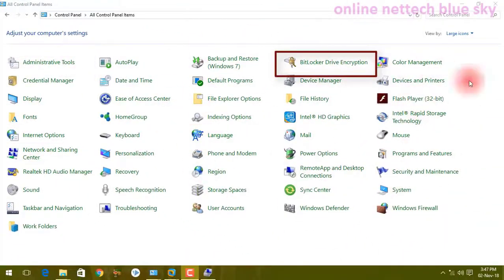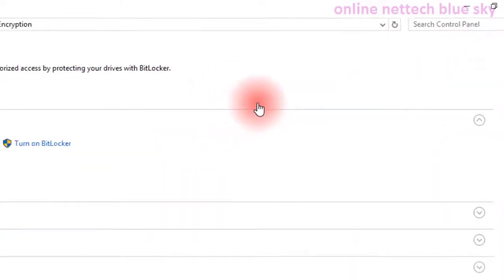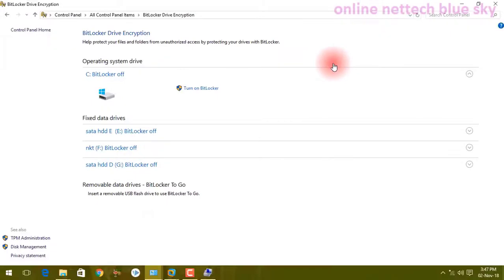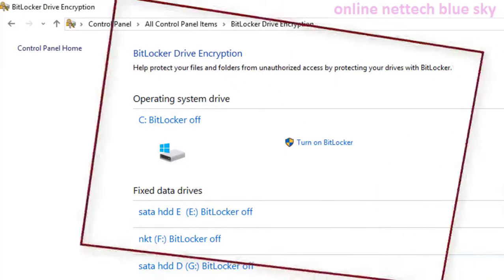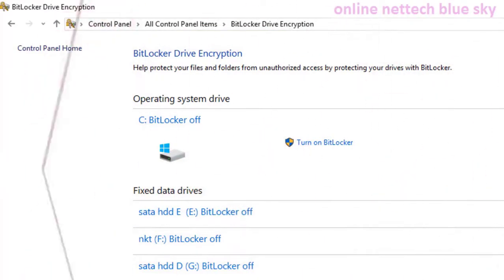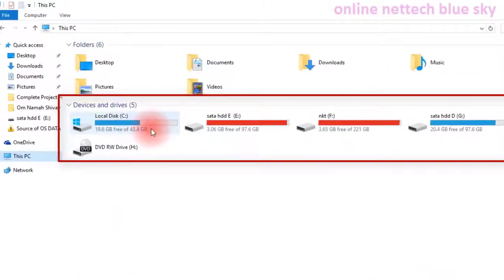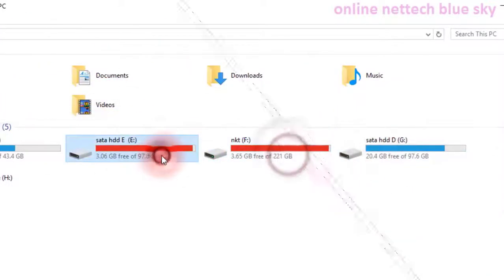So we are talking about all of the Control Panel options. Today we are discussing BitLocker Drive Encryption. Why use BitLocker technology and encryption? This is very important for your computer and your security, and it works only for hard disks and partitions. So how can we create a partition? I already talked about this, watch my Computer Management video. Let's start.